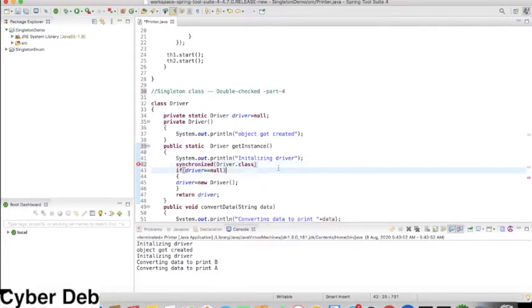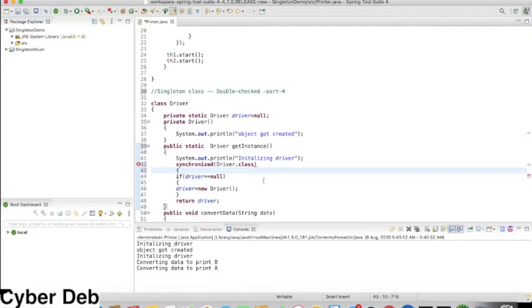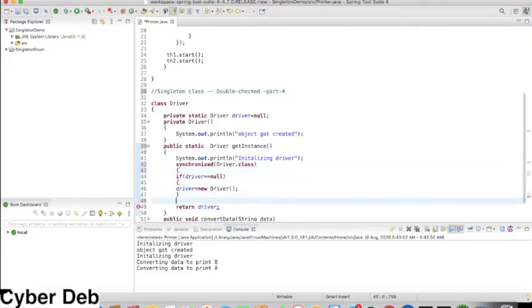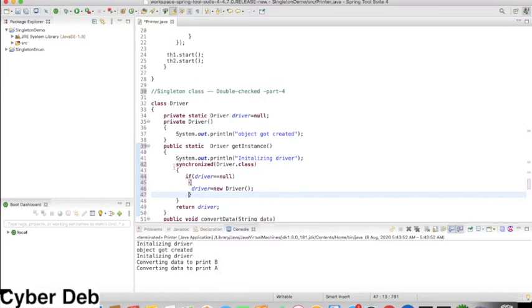This is a synchronized block, which means within this block only one thread is allowed. So this is one portion of checking. This synchronized block is one portion of checking, so that any thread will not enter into this block if some other thread is already working on it.